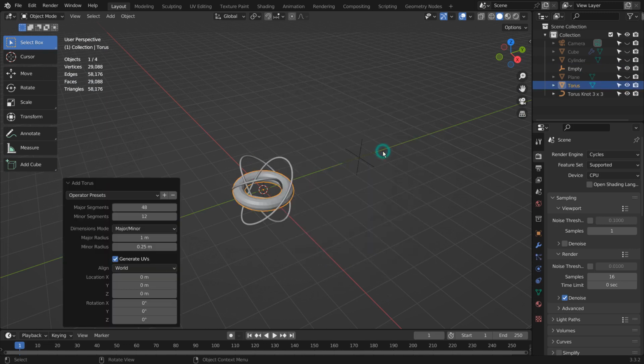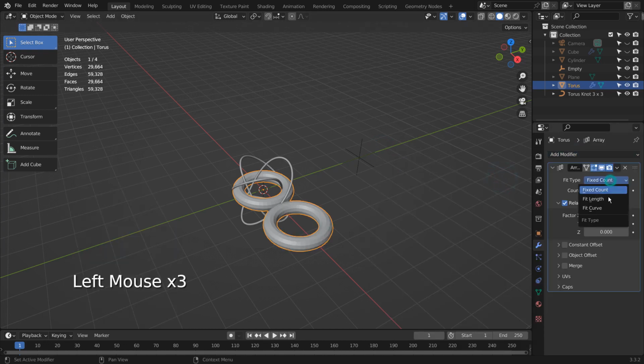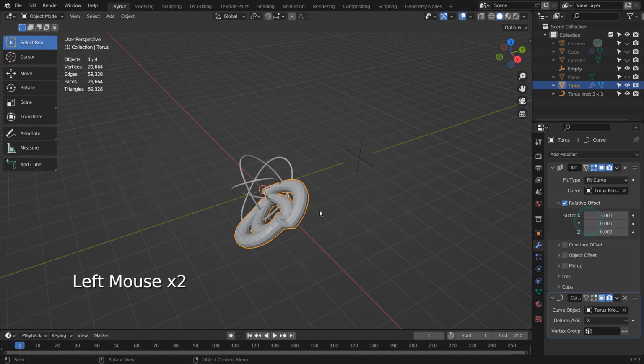I'll use a torus, but we'll see the curve knot was made out of 3 separate curve circles. That means only one curve gets the torus instances.